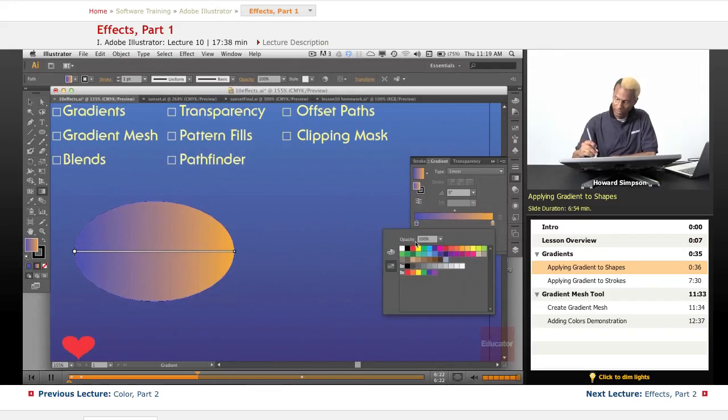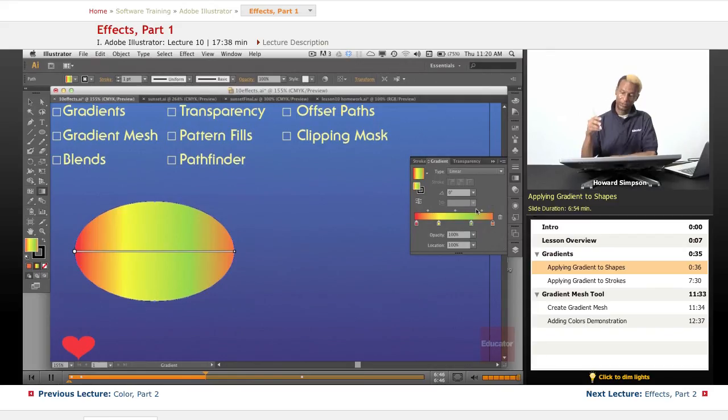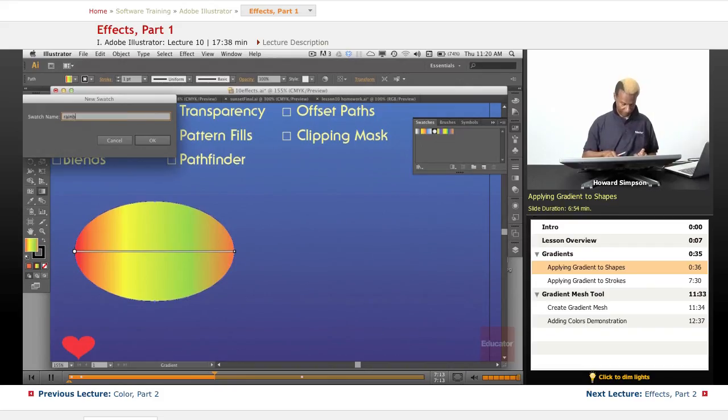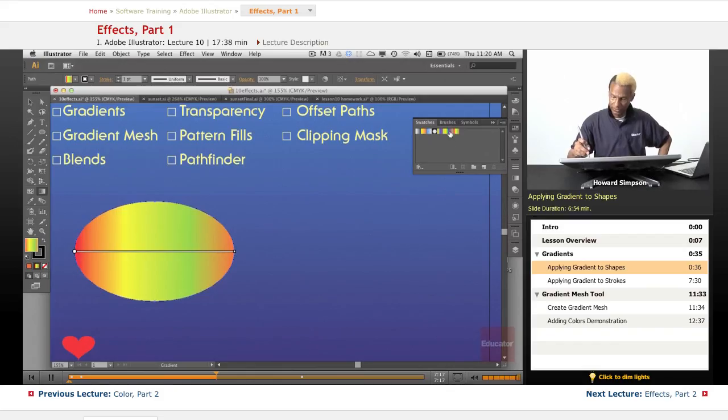So let me go back to what I had, to red, add a slider, yellow, and green. Let's make that a little darker green so it can be seen. And let's make my orange a little bit darker also. There, I think that's good. Now as you saw when I went to the gradient library, the gradient I previously selected wasn't there. So you have to save the gradient. You do that in the swatch library. Now you can do two ways. I can pull this to the swatch library and drag it, or I can just put new swatch. Let's put rainbow. And now that is added. So you can see if I go to the one next to it, here's my rainbow swatch. So that's how you save a custom gradient that you've already created. All right, now